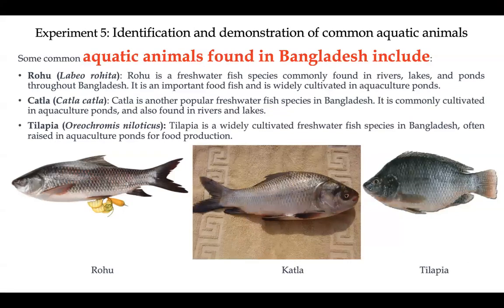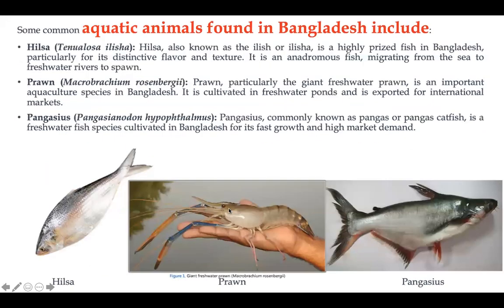Okay, our last experiment. So hopefully we'll finish it by 15 minutes. Identification and demonstration of common aquatic animals. Aquatic here, so we'll talk about the fish and related animals found in rivers or water bodies. Out of the fishes, we have ruhi fish or rohu fish, the katla, the tilapia, etc. We have our national fish, hilsha, the prawns, the pangas fish,